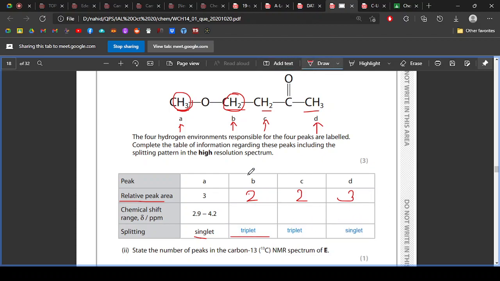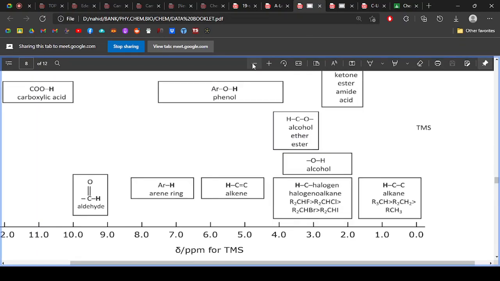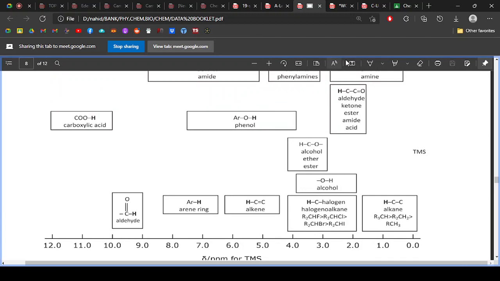Now, apart from this, they want you to put the chemical shift values. So let's go to the data booklet and try to do the chemical shift. So for B and C, specifically for B, you can see that it's joined with a carbon that is joined with an oxygen. Specifically, it has an ether functional group. So let's go to the data booklet and see where we see a carbon joined